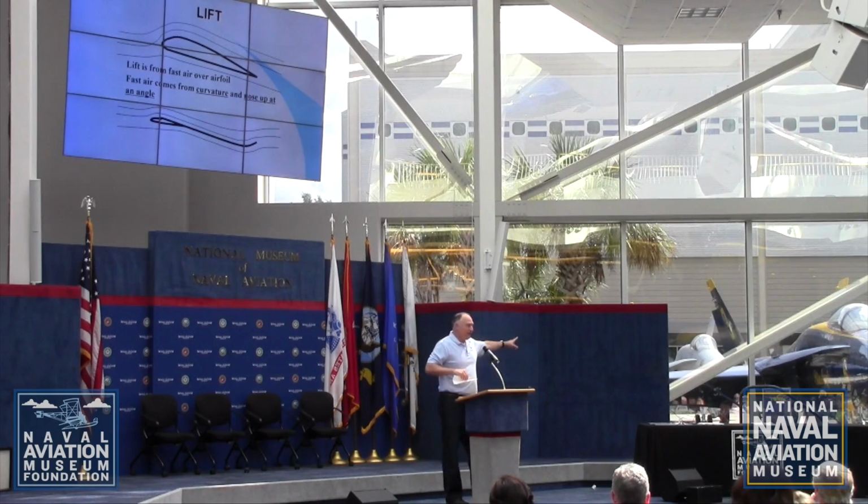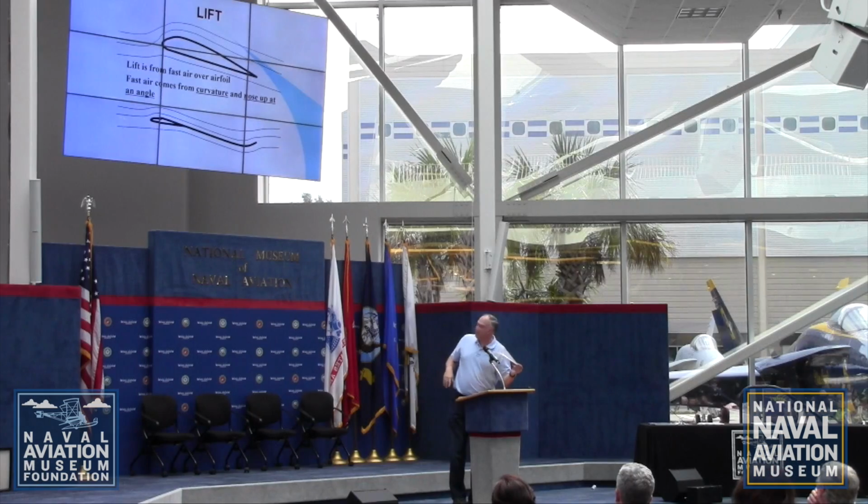Now remember, F-18, 30,000 pounds. So somehow it creates 30,000 pounds of lift. That's just when it's flying level. When they're turning, it's over 100,000 pounds of lift, right? But when it's flying along, somehow the lift switches from going up this way to going up this way. If it were only the shape of the wing, that wouldn't explain how you could create lift out the bottom of the wing. But what the pilot does